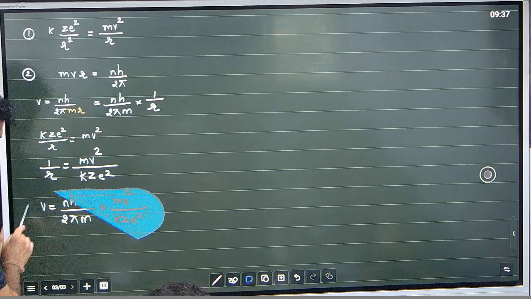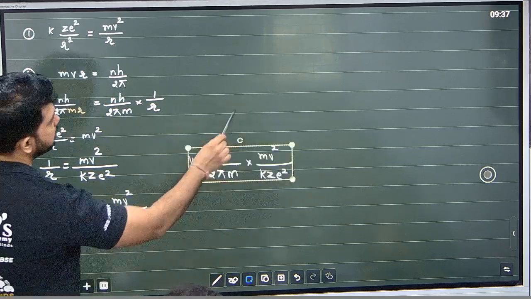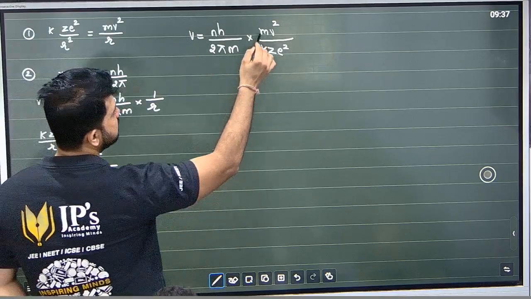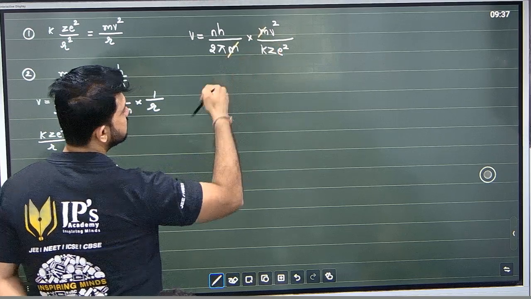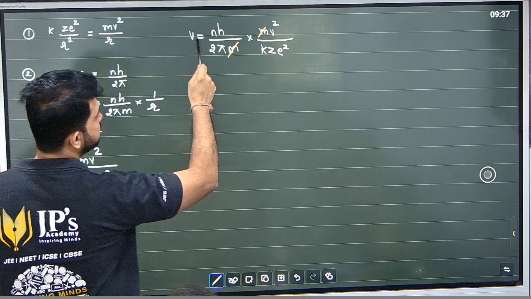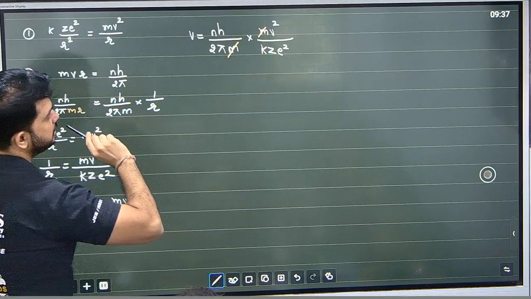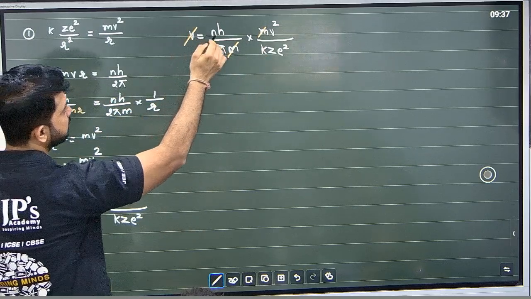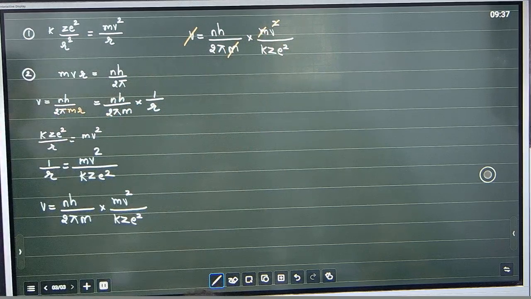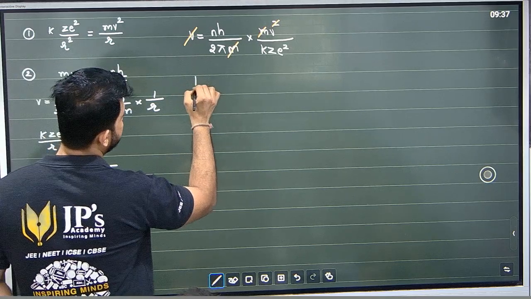I'll write this again and then we cancel. What is getting cancelled? This m and this m. Anything else that you see? Here v, and here what is there? v squared. Anything else that you see? So what is left? 1 is equal to